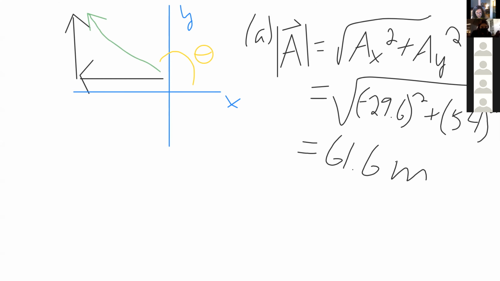As I mentioned, the direction we always want to measure off of the positive x-axis. And what I'm going to do here is give you an equation that you can use with one little caveat that you have to be aware of. But when you are calculating the direction off the positive x-axis for a two-dimensional vector,